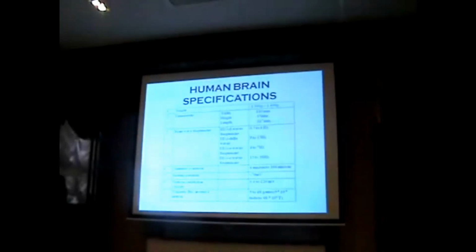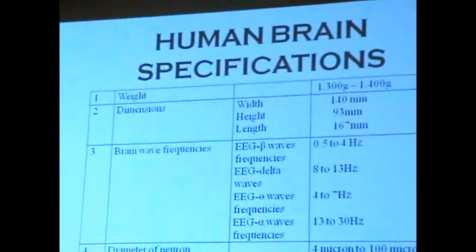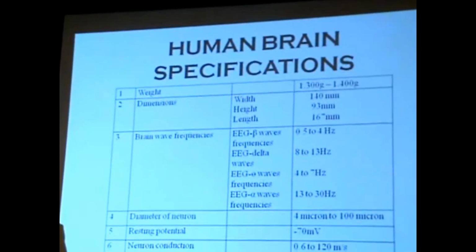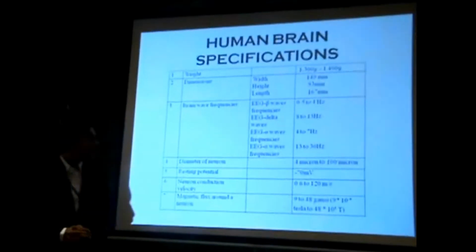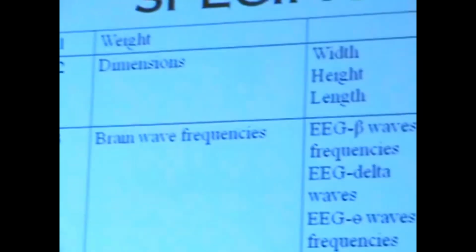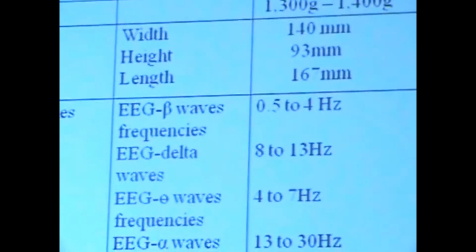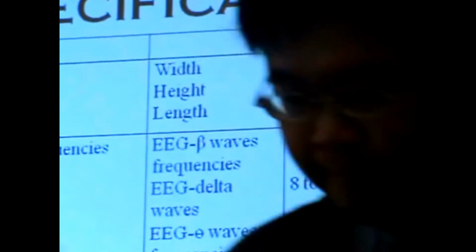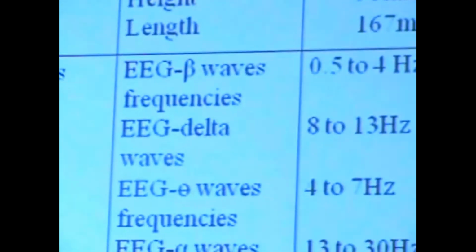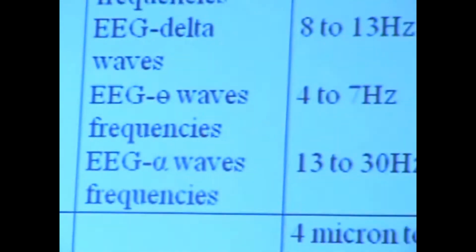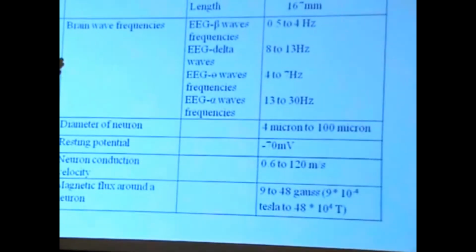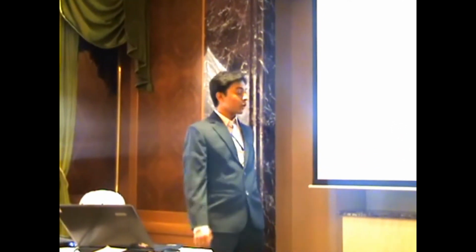Human brain specifications. Whenever we speak about the human brain, we realize it's the most complicated creation in the world. No matter how precise our readings are, implementing something on the human brain is very risky and a very tedious job also. So we need to confine ourselves to certain boundaries. These are my boundaries. You can take the weight or the dimensions, or the frequency range, which you can classify as alpha, beta, theta and delta waves. These are the wave frequency ranges we need to confine ourselves to. We should not cross this limitation because we must not burn the neurons of the brain. It is very dangerous also.